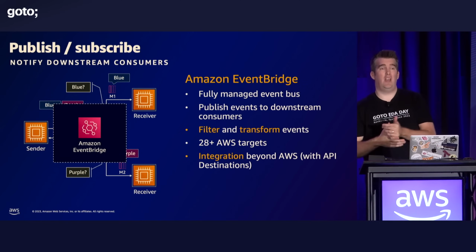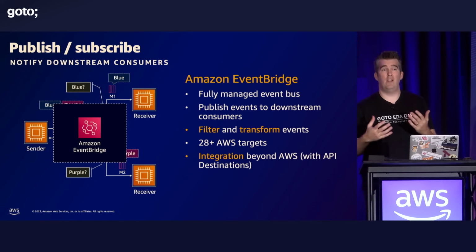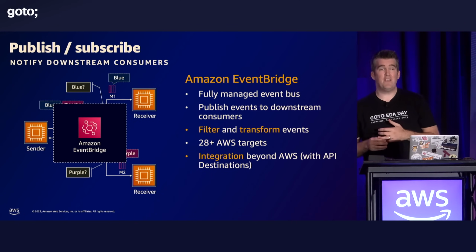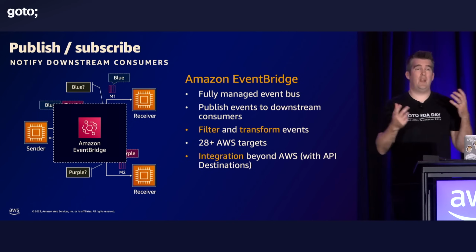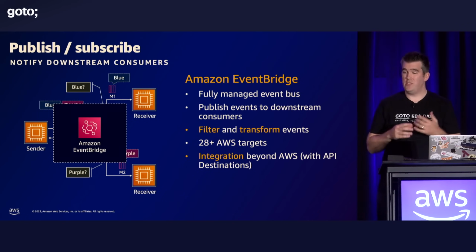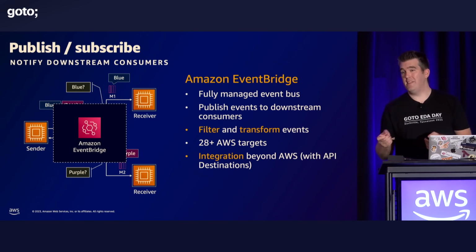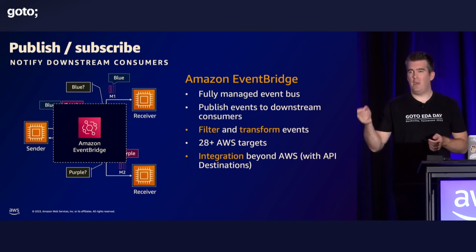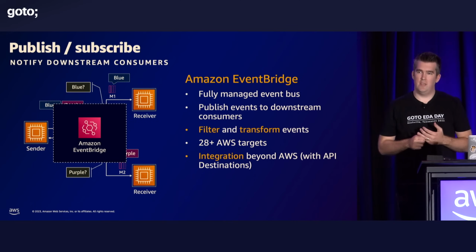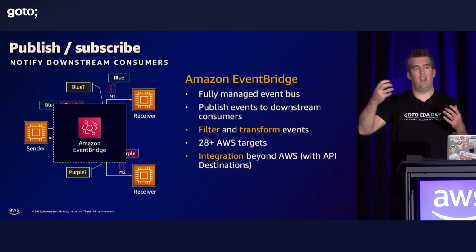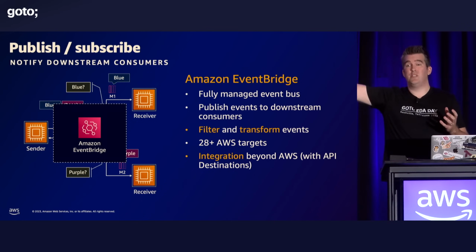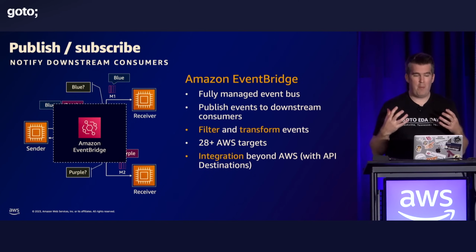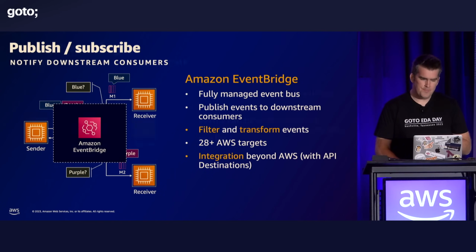So an example here is using Amazon EventBridge. It's a serverless event bus, able to route events to downstream consumers. The interesting thing here, we can also do filters and transforms and target over 28 different AWS services, which is great. Now, the most interesting part for me, and this goes on from what James spoke about today, is this bit at the bottom, this integration piece using things like API destinations and SaaS integrations. If you have events that you want to send to third parties or outside of your systems or your architectures, you can do this with EventBridge, and EventBridge will manage these connections for you. So that's super powerful when we're talking about flow, as James was earlier.